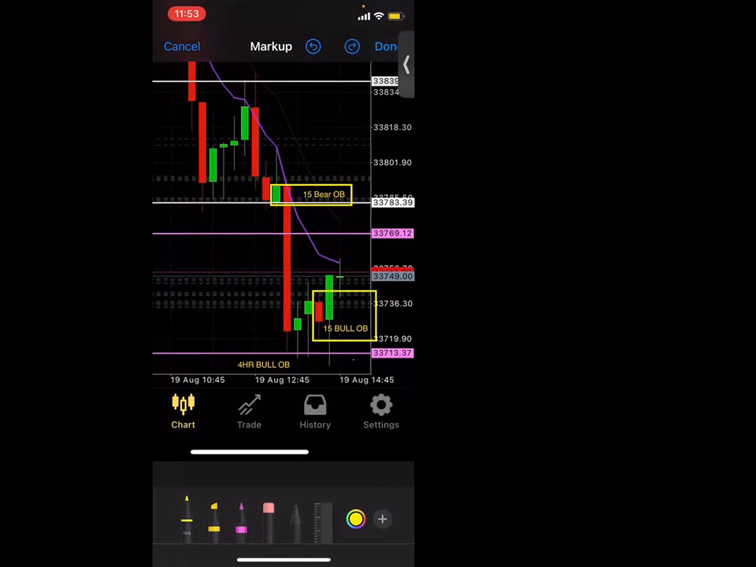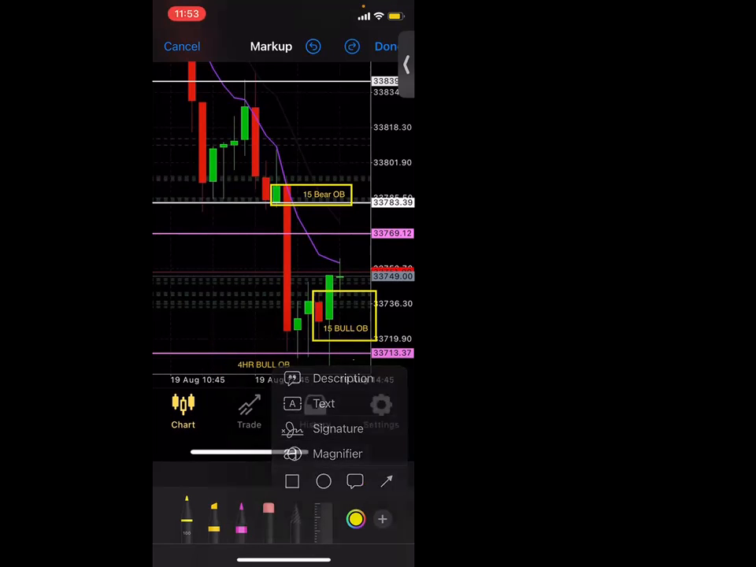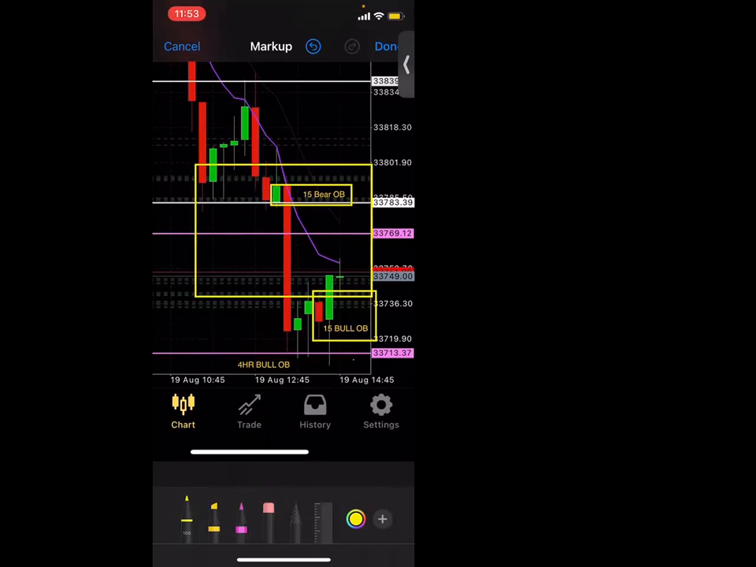Okay, so we have one confluence here, two here, three here, and then we also have four. So I'm going to take those off and show you four. So four is one of the easy ones. So four is this